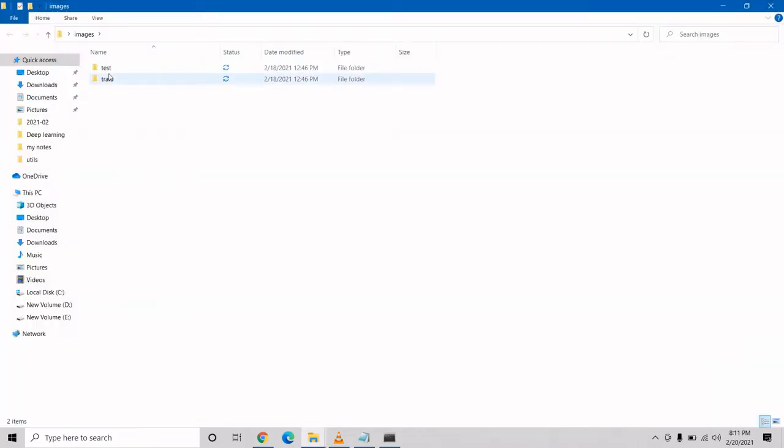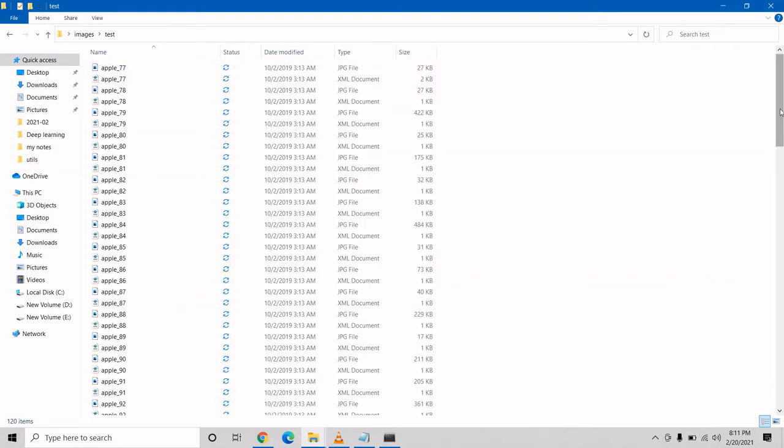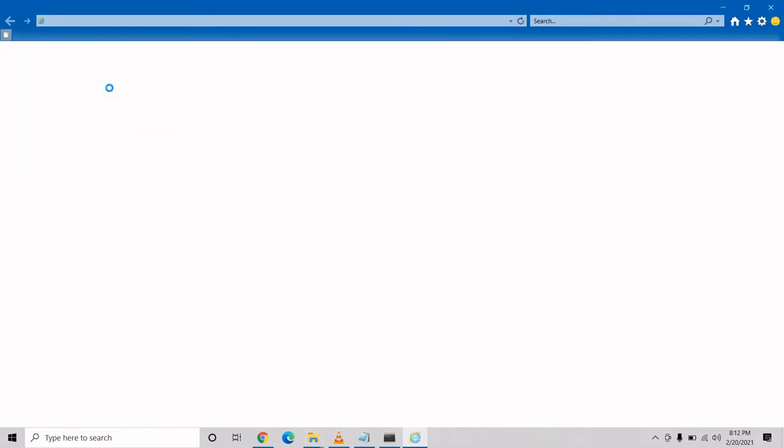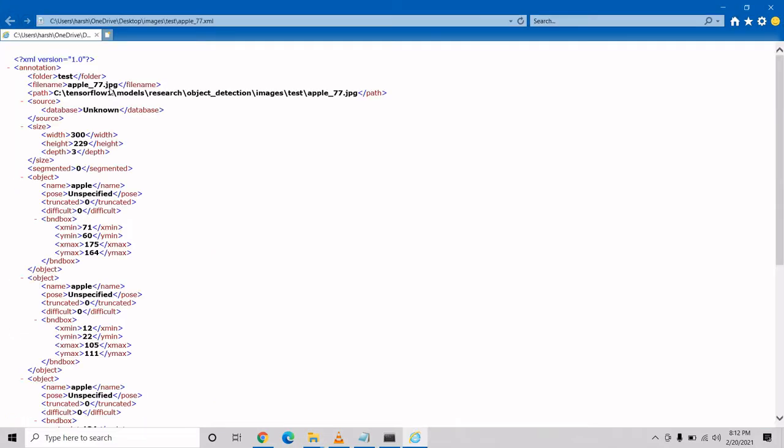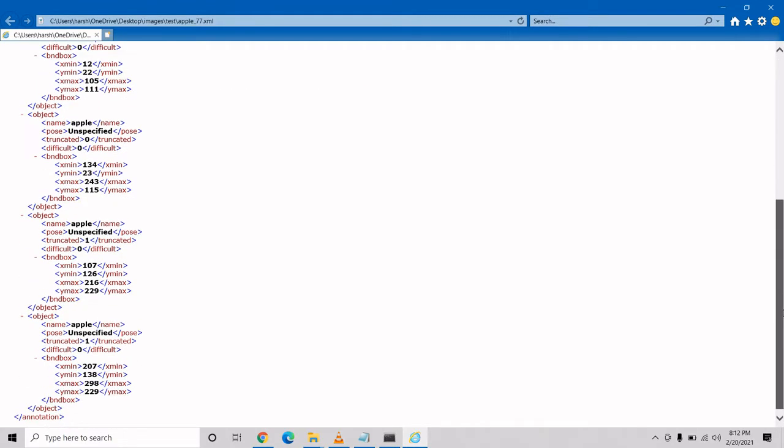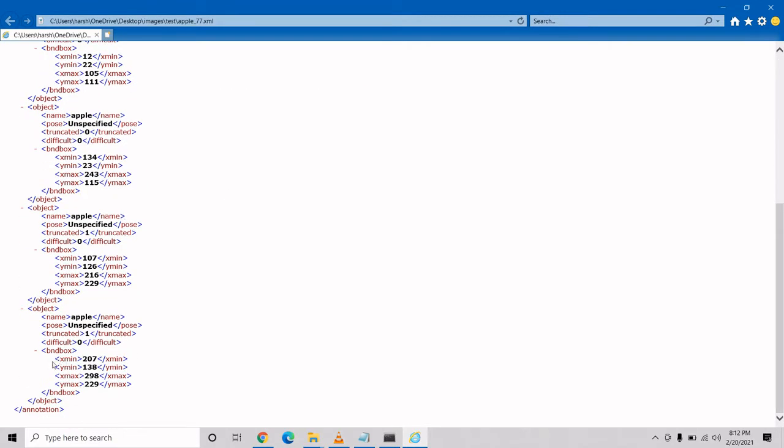Inside this we have two folders, test and train. Inside the test, as you can see, we have images of fruits. I have used labelImg for all my images, and we have created XML files, as you can see over here. I have already discussed why we need this type of file. It has the coordinates of our bounding boxes: x minimum, y minimum, x max, y max. We need this type of information for our object detection.